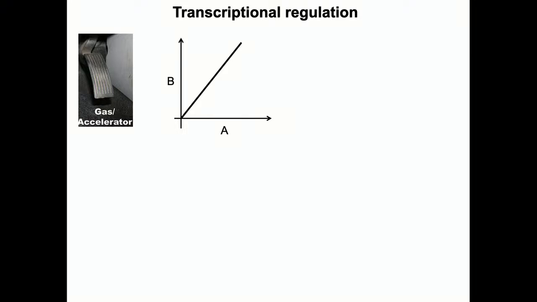Now let's say that A is an activator of B. Okay, so how many of you think that if I were to plot the levels of B as a function of the levels of A, it would be a straight line that passes through 0, 0? Is this correct? If A activates B, is this the right mathematical form or expression to denote that? Yes, please.